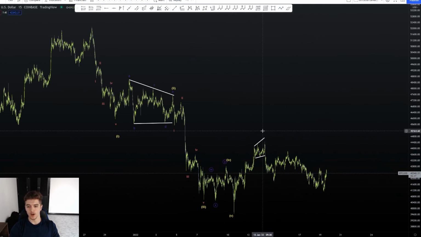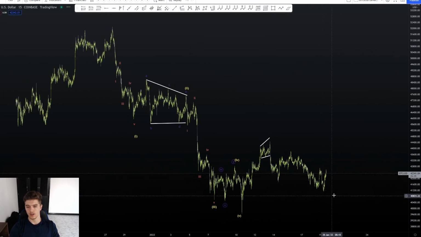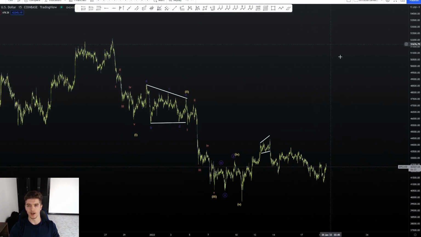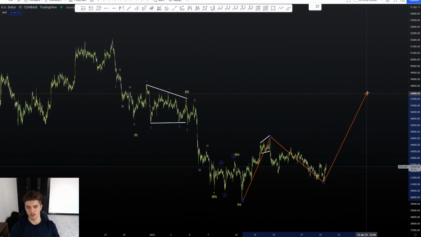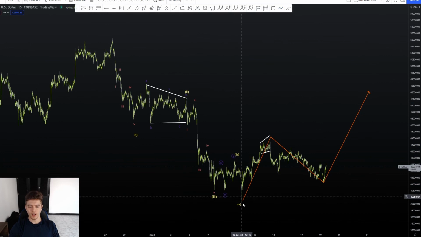which if this is a wave 1 and this is a wave 2, then of course we're going to be coming quite a bit higher. If this is a wave A and this is a wave B, then we'd be looking at something a little bit more like this, in which we'd get a larger minute wave 1, minute wave 2, then we'll be coming down for the minute wave 3. Now that's my basic take on Bitcoin on a local time frame,